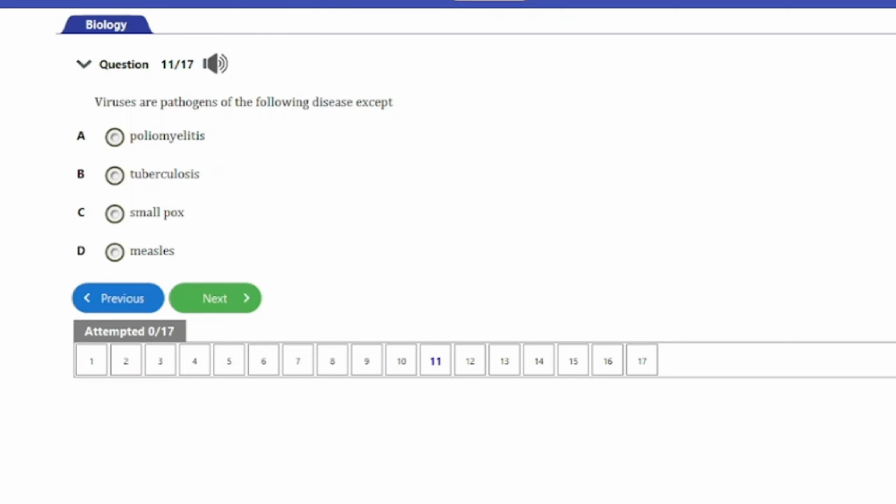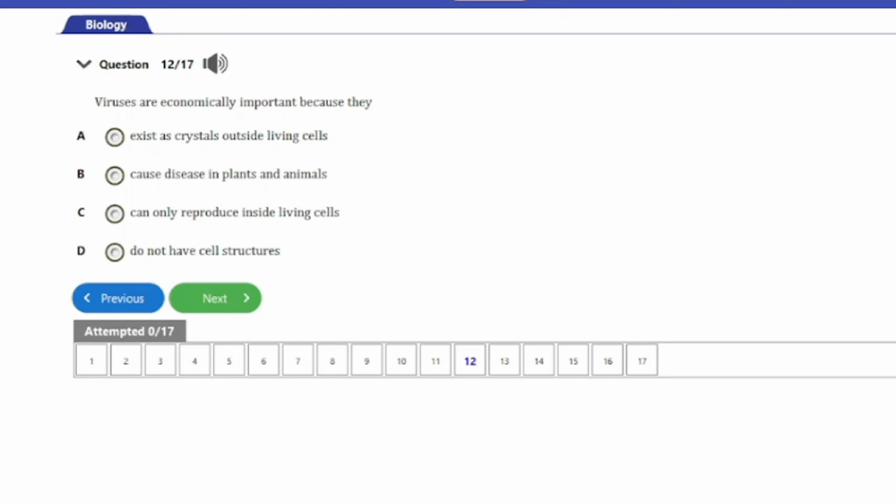Let's go ahead and consider the next question, guys. That's question number 12 here. It says, viruses are economically important because they A. exist as crystals outside living cells, B. because they cause disease in plants and animals, C. can only reproduce inside living cells, D. do not have cell structures. So guys, the reason why viruses are economically important is because they cause disease